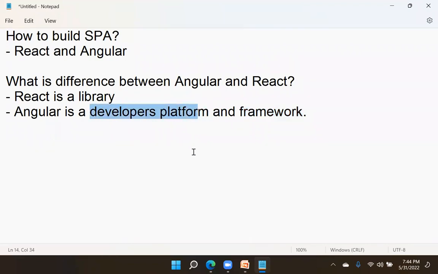What is meant by developers platform? In software technologies, if any technology says I am a developers platform, like Angular is a developers platform, .NET is a developers platform, what is meant by developers platform?